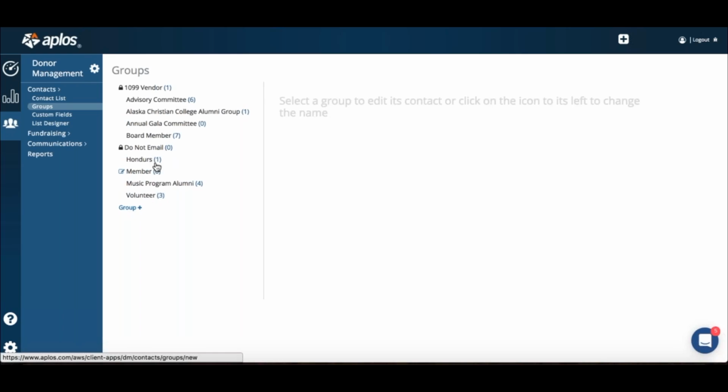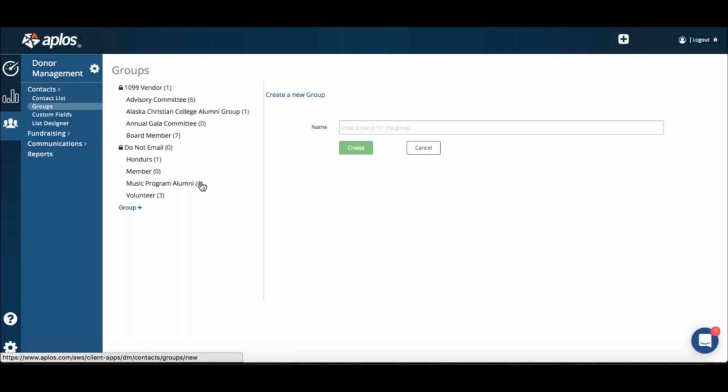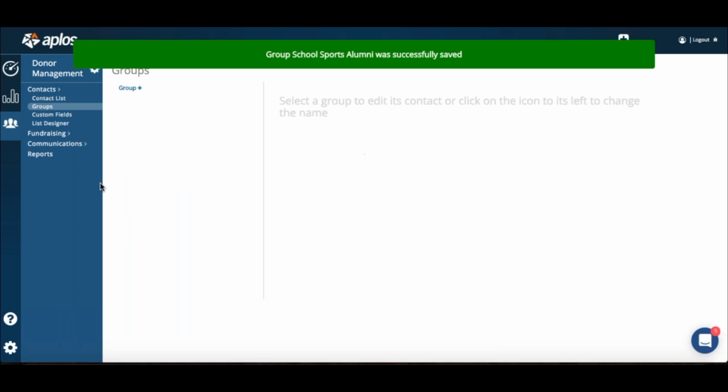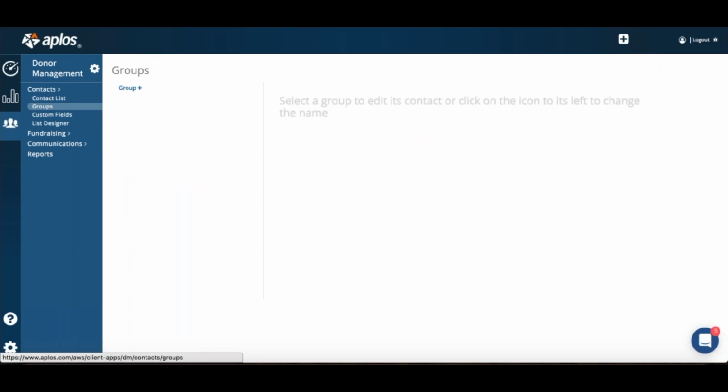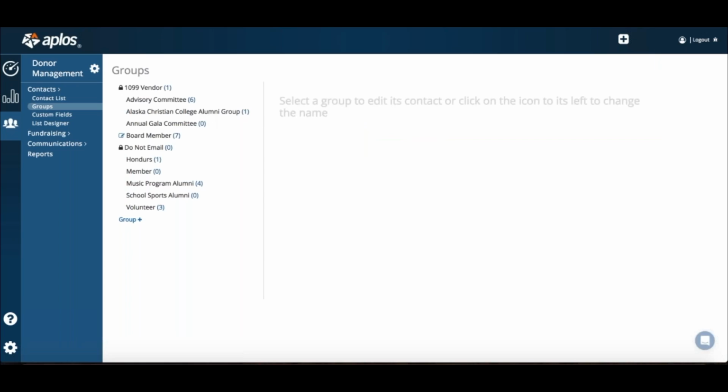And of course, these are the ones I put in. They're very easily customizable. You can put any kind of group you want. Let's say you're a school and you want to say school sports alumni. Whoops, you should be able to type real quick. You go create, and then you'll see as soon as it's added, you go back to groups, and you see